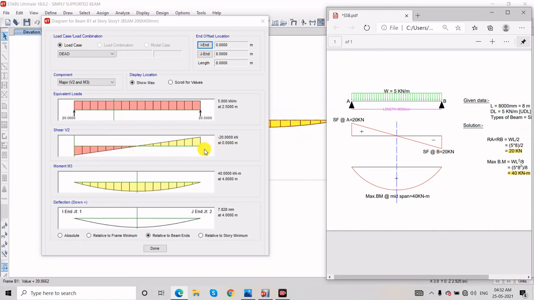One side is positive and the second side is negative. See, one is positive 20 and the second is negative 20. Same for the moment, 40 kilonewton meter. Our maximum bending moment is also 40 kilonewton meter. So the values are the same. This is what we wanted to verify.